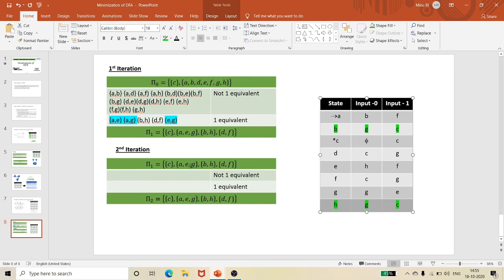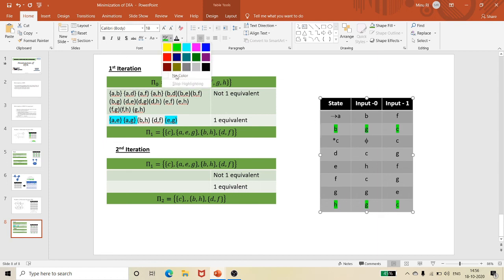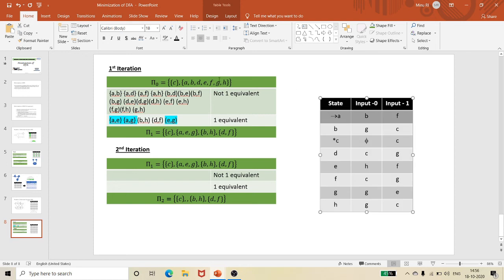G and G is in the same set, C and C is in the same set. So that won't be a problem. With respect to D and F, you can see that C and C belong to the same set, G and G belong to the same set. So that is not a problem. The only problem is we need to check with this element. So let me check it. A, E and G. So now let me check whether A, E and G belong to the same set. So now this is my A. This is my A. And this is my E. And this is my G.